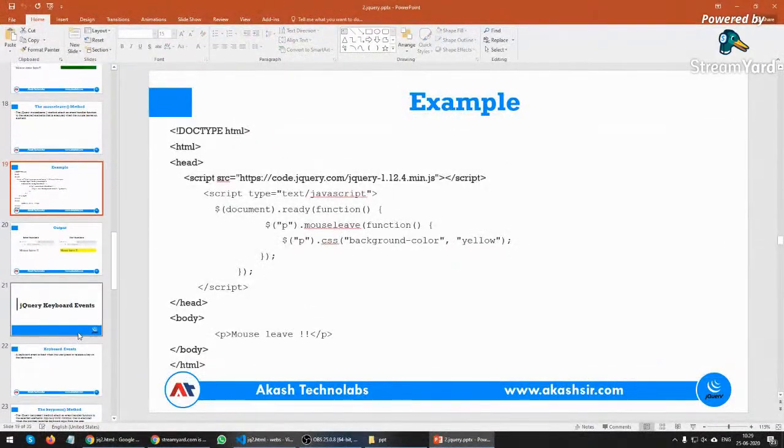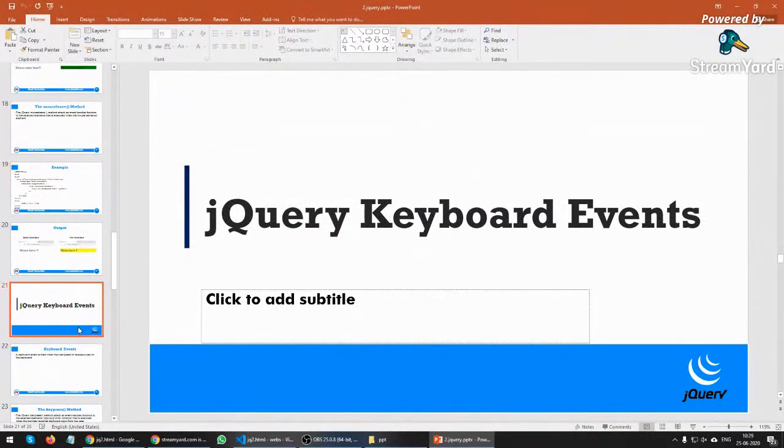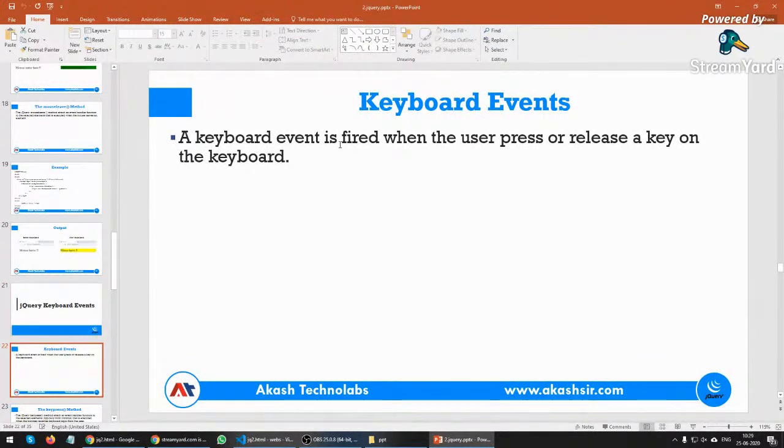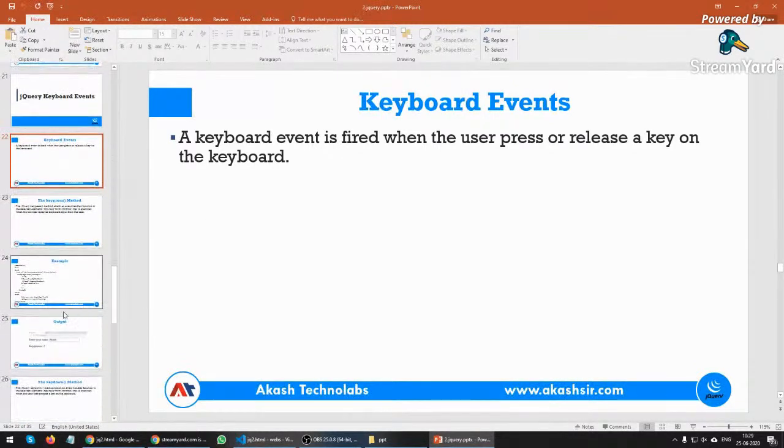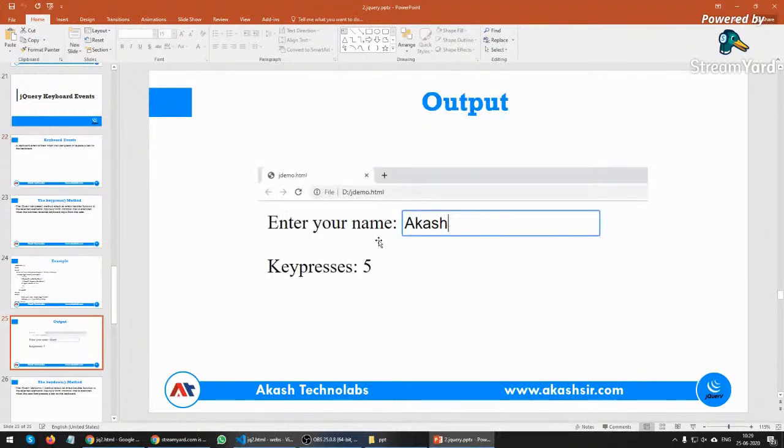So now, jQuery keyboard events. In jQuery we have keyboard events. Let's say you want to specify some keyboard event. A keyboard event is fired when the user presses or releases a key on the keyboard, right? For an example, if I type something over here, I want to count the number of characters. So what we can do,